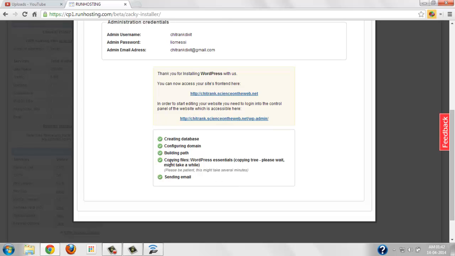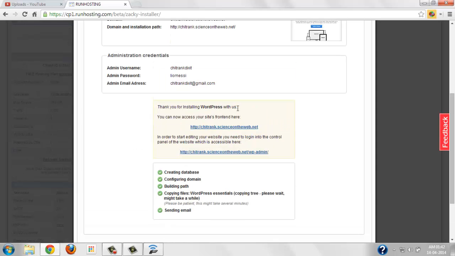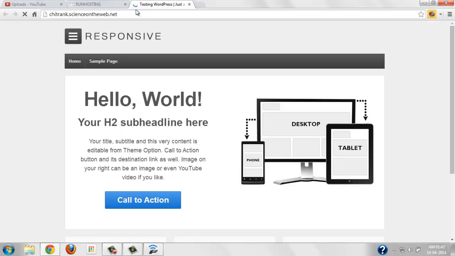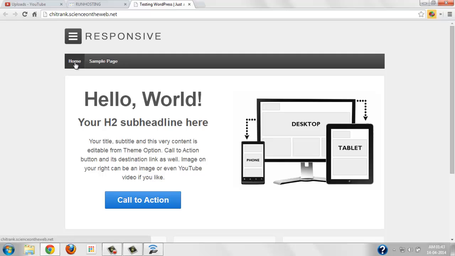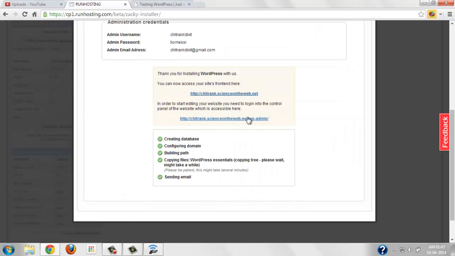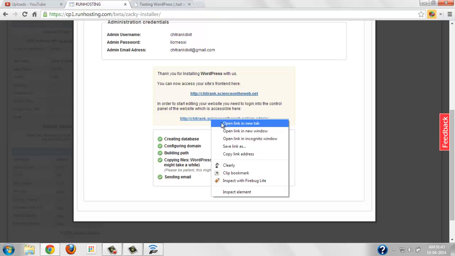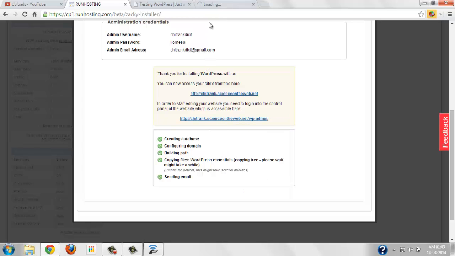So it has copied all the files and sent me an email. Now we have some settings, so I can access the front end of the WordPress site from this link. So this is my testing WordPress site. The template we had chosen earlier has shown up over here, and this is the link from which I can access the admin dashboard of the WordPress site. So I just right click on this, open link in a new tab,